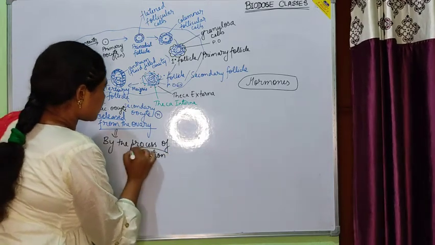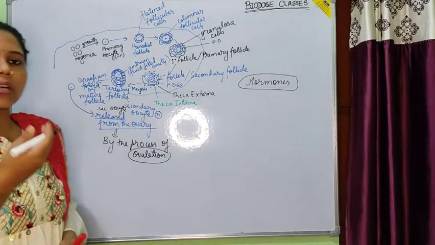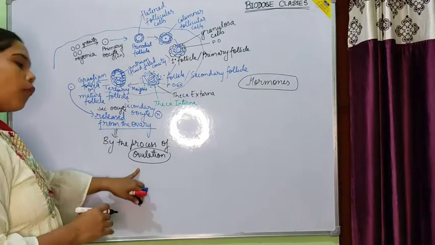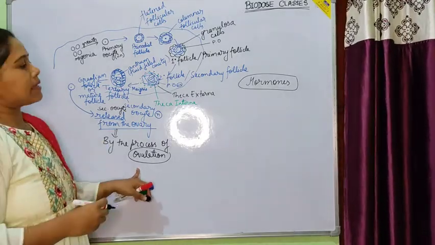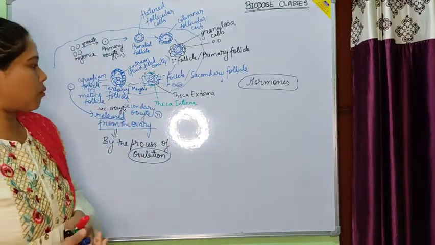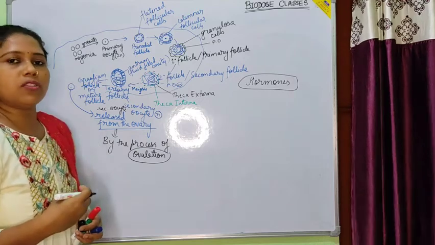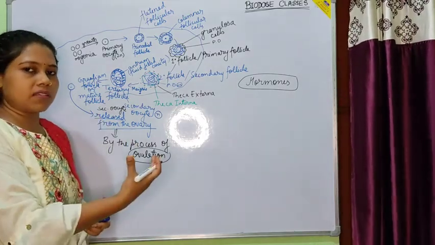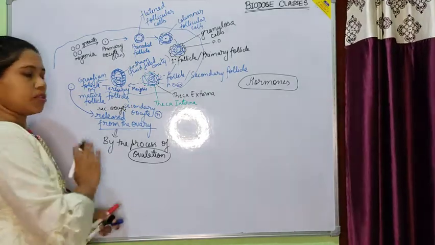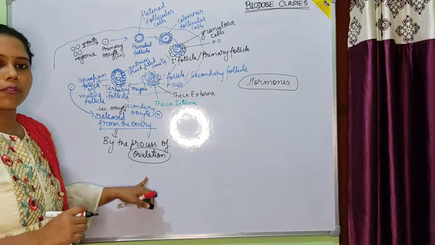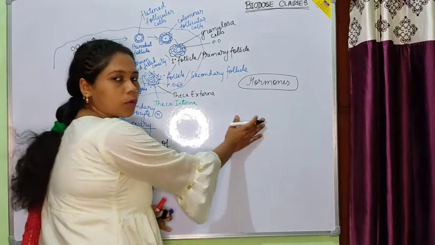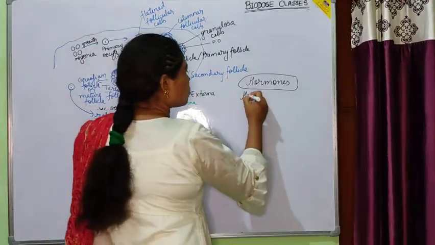So the process by which secondary oocyte is released from the ovary is known as ovulation, and this ovulation is also supplemented or done because of a hormone that is called luteinizing hormone. Once in the female's body luteinizing hormone is maximum, that condition is known as LH surge, and that LH surge is responsible for ovulation process. Now what we have seen, these processes are all linked with the hormones. So we would start the hormones.